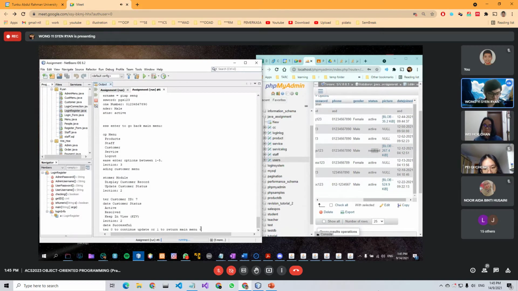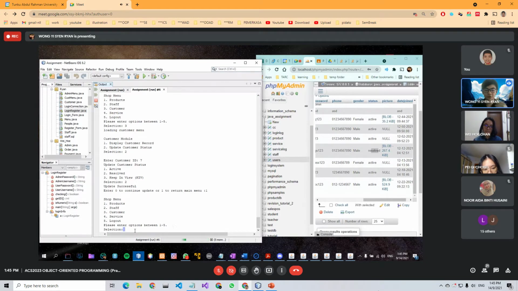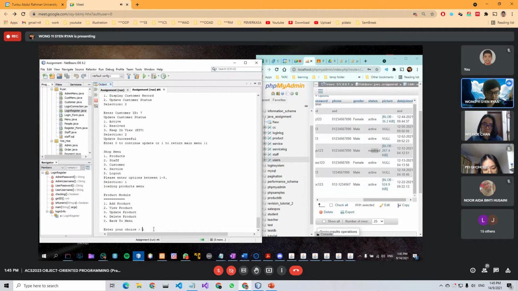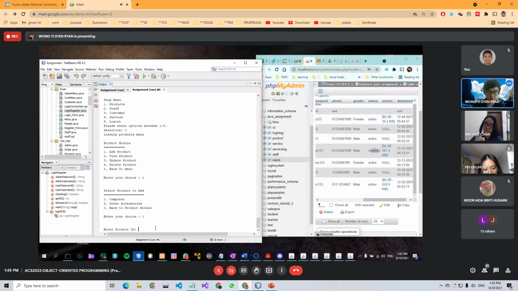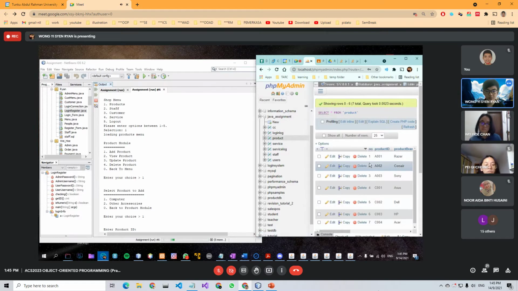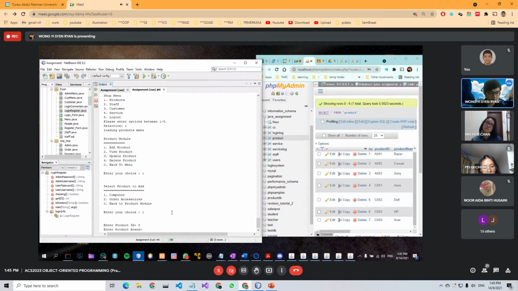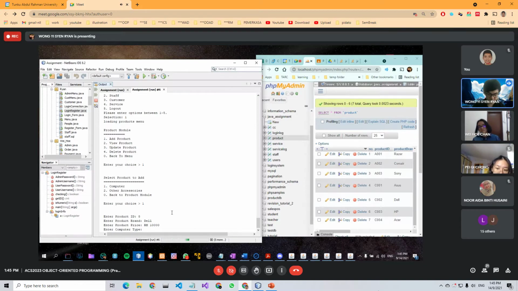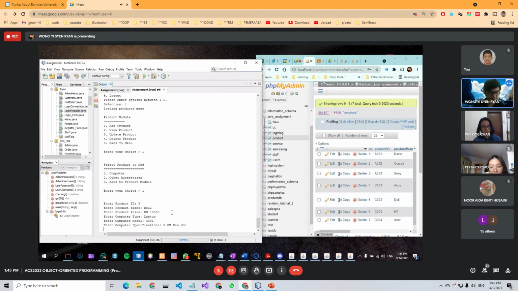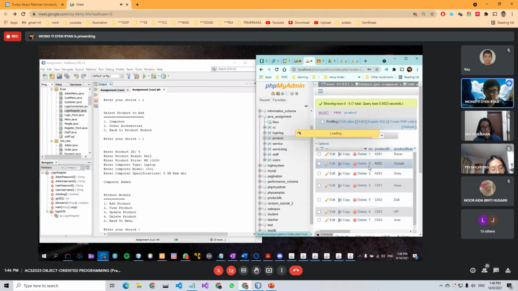Okay. So I go to the new menu. I'll continue presenting my teammates' part. For example, products, add product. For example, computer would be a product. Enter the ID, for example, and the brand. Type: laptop. Anything. Right. So computer added. If you refresh the database,